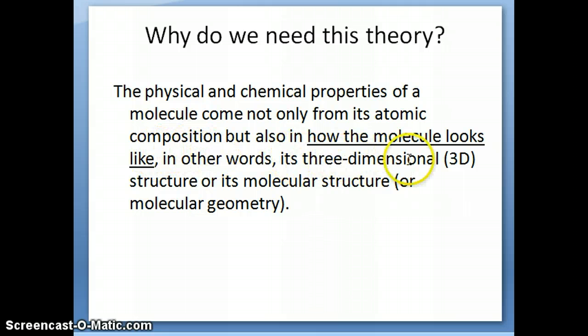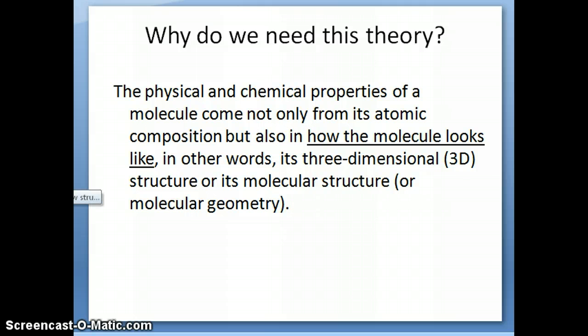In other words, what we call the 3D structure, three-dimensional structure, or molecular geometry, all of these terms mean the same thing, which is how the molecule looks in three dimensions, and it plays a very important part in how